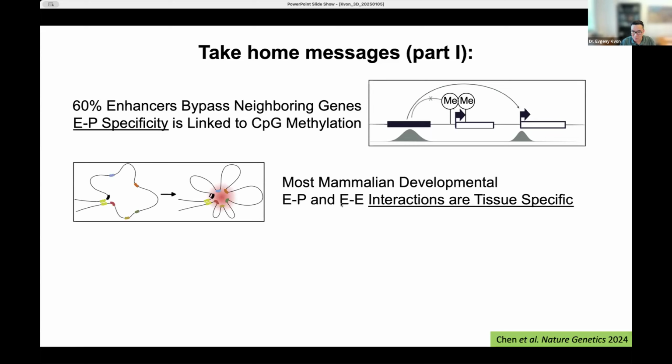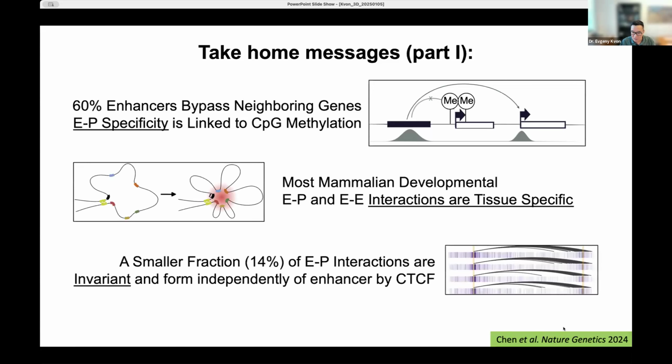We also did some analysis of enhancer interactions, but I'm not going to talk about it. It's in the paper. And what I also didn't talk about, there's a smaller fraction of interactions between enhancer and promoter that in our assay look invariant. So they're always contacting the promoter irrespective of activity, but it seems to be formed by neighboring CTCF sites. So what we think is going on, and what people have seen in other systems, is that the enhancer might be tissue specific, but the CTCF site might make it look like a stable loop.